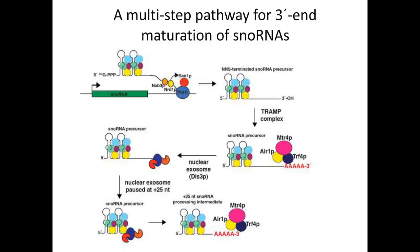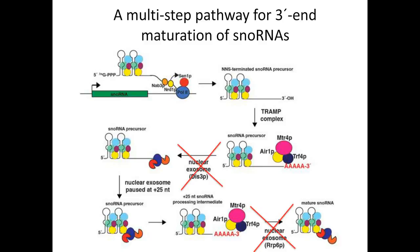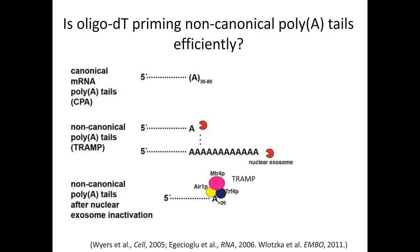And after that, the nuclear exosome disengages, and another poly-A tail is added by the TRAMP complex, which is then fully degraded by the Rrp6 subunit of the nuclear exosome. So in order to fully inactivate the nuclear exosome, depleting both of these subunits was really the most important strategy. And so the next thing we wanted to determine was if Oligo-dT is actually priming these non-canonical poly-A tails efficiently